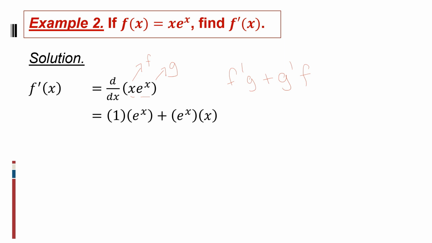So what is the derivative of the first? We have 1. So this is our f prime. And then our g is e raised to x, plus our g prime is e raised to x and our f is x. So therefore, f prime of x is equal to e raised to x plus x times e raised to x. Or we can factor out e raised to x, so that is e raised to x times 1 plus